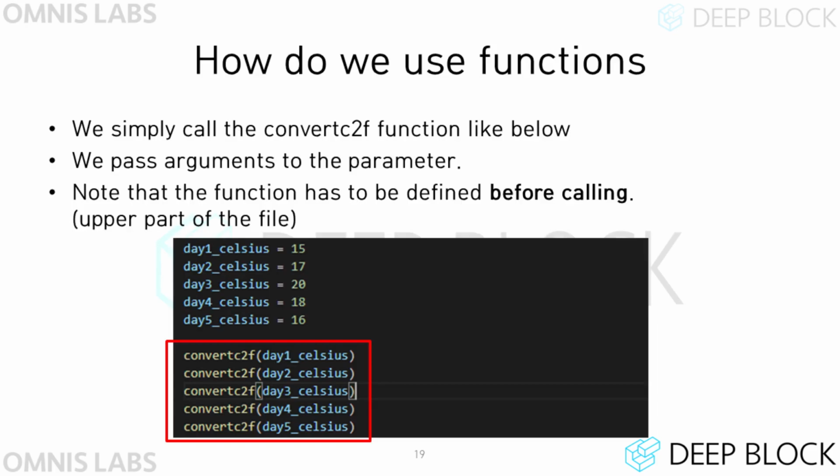Calling a function is simple. Add parentheses after the function name, and if there are arguments to be placed between the parentheses, put the value in place of the parameter. Here, the value passed in place of the parameter at the time of calling the function is called an argument, and the variable created in the parentheses of the function in the defined part is called a parameter. And note that the function must be defined before calling it.